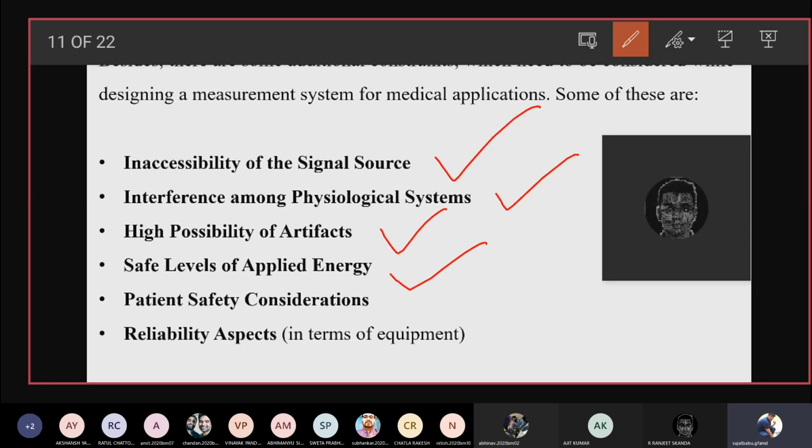That means if you want to acquire a signal, this is best suited to X-rays. You may also learn it next semester when you study your medical imaging subject. With X-rays, you may get a better image of the bone. Whenever you are going to increase the X-ray intensity,